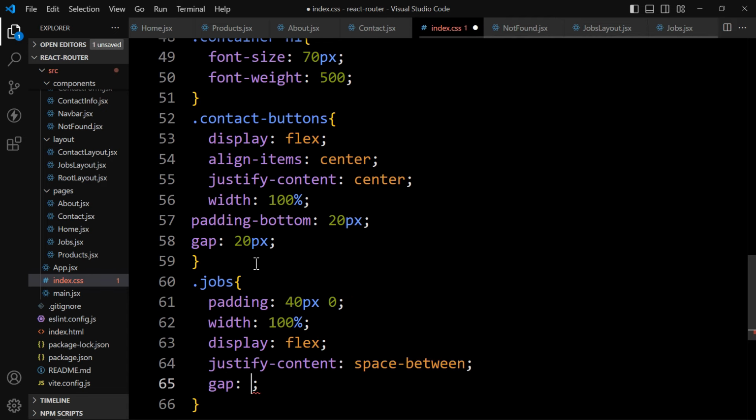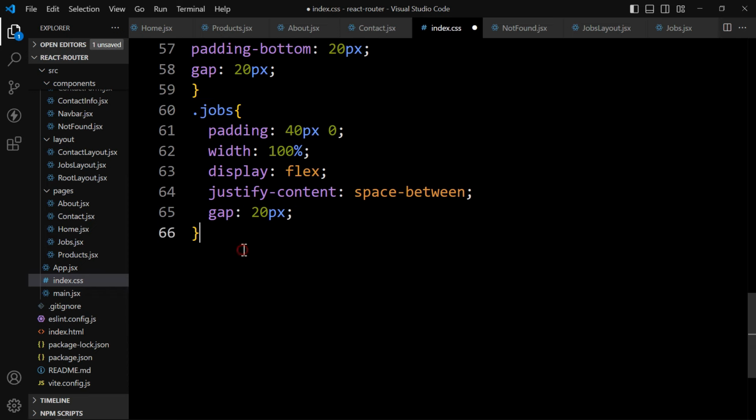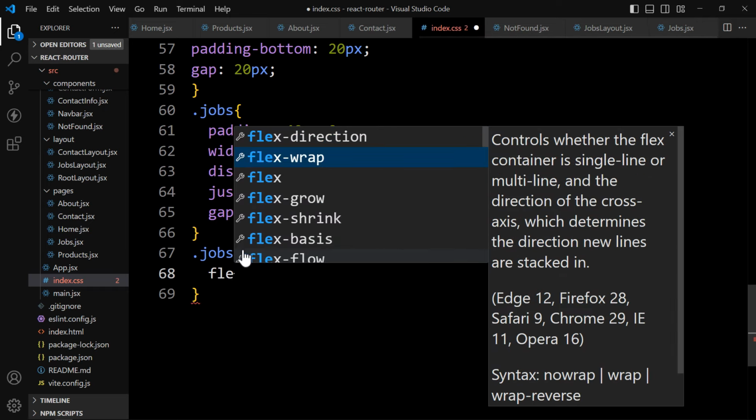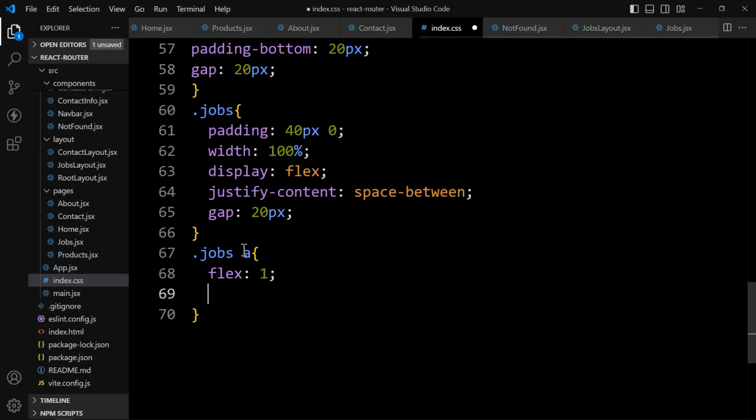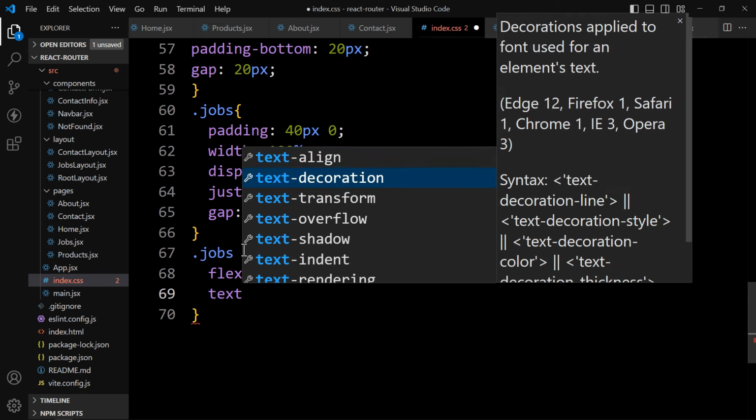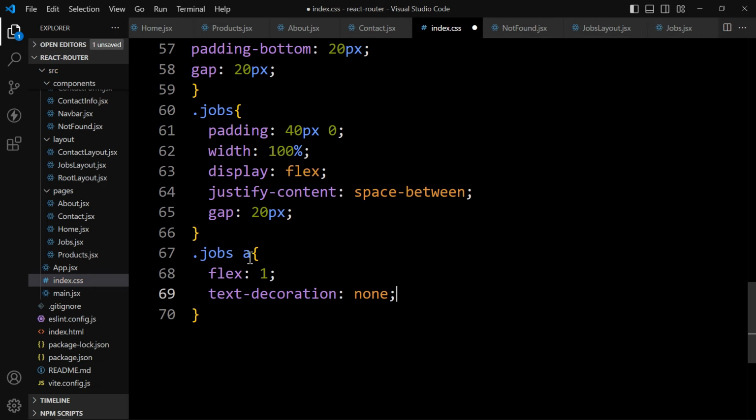gap 20 pixel, and in this jobs we have added the link tag. So that link tag will add one anchor tag. So let's add the A, and here we will add flex 1, then we will add the text decoration none, correct? And after that we will add some padding,